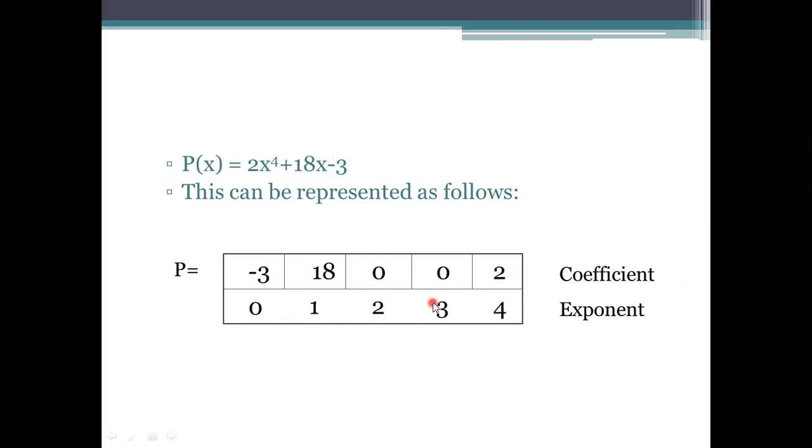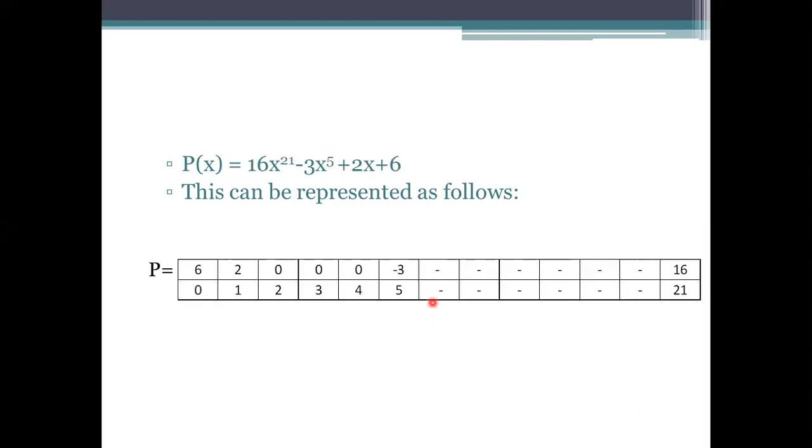In this example, we used only 2 null representations, means there are no terms for x square and x cube here. But if you see here, up to this, x square, x cube and x to the power of 4 are specified as null. And the remaining from 6 to 20, including 6 and 20, has been specified as null here. So how many spaces have been wasted among this 21? We used only 4 spaces to store the values, and the remaining 17 spaces have been wasted here.